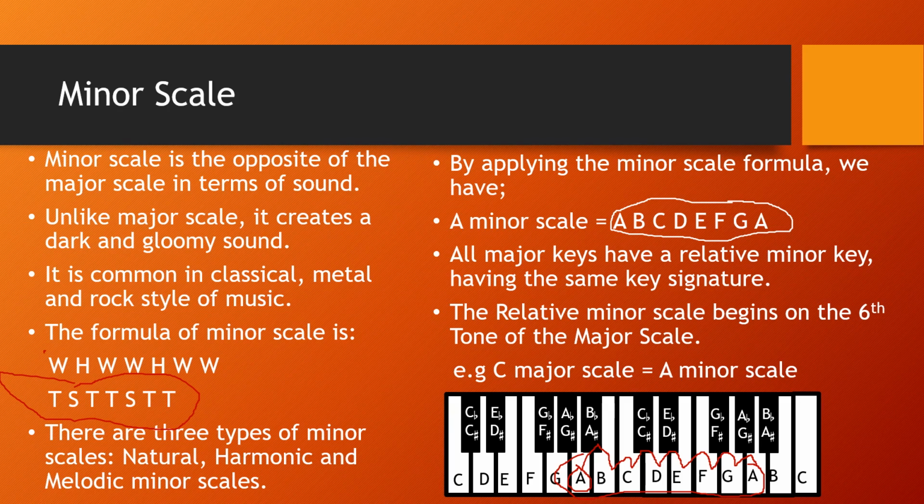So for major scale, we have C, D, E, F, G, A, B, C. Then the minor scale says we should go from A, so we have it as